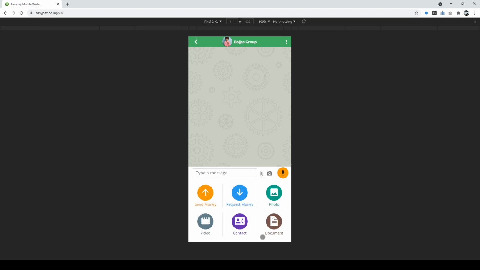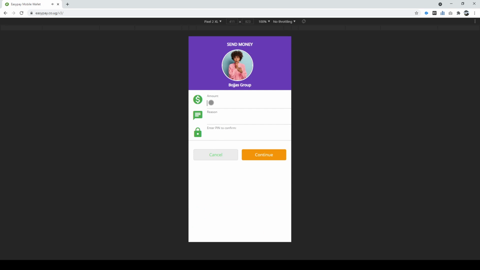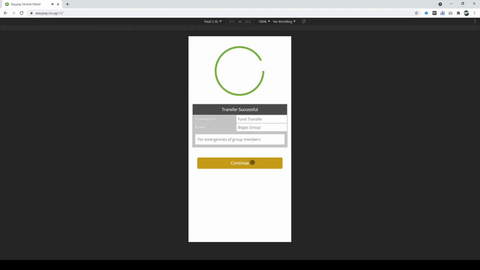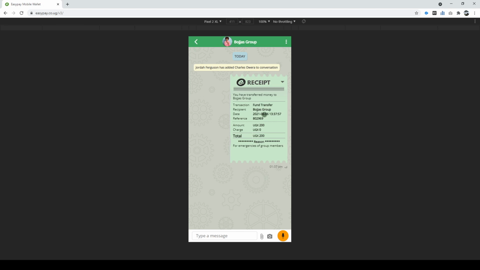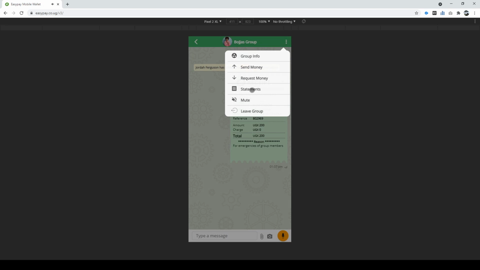If I go to send money, I can say send 200 for emergency group payments. Then I enter my PIN. I'm going to continue. As you can see, it has sent that money to the group, and in the group itself, it's going to show that the money has been added, and it shows the reason. So if I went up here and went to statements,